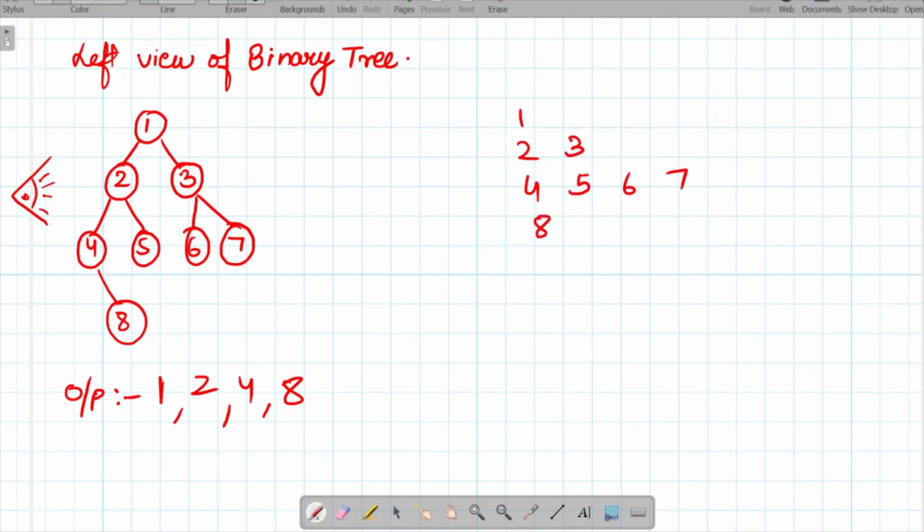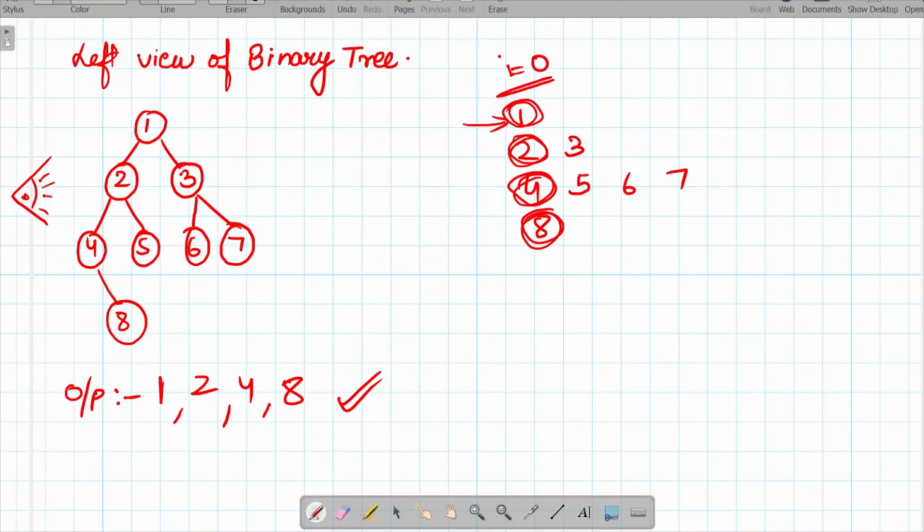In this code also we are just going to make use of that code. Just one or two line changes we are going to do. We are going to traverse this given tree in level order fashion and line by line. When we are running a loop for traversing each line of this tree, we will put a condition: whenever i equals 0, we will simply output our value, which means we will always output the first value of a particular line. So in this way we will get our answer. This is the main logic behind this.